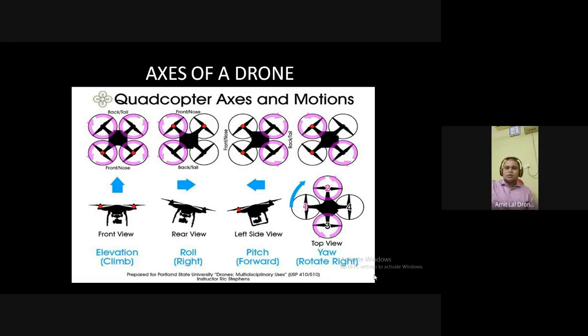Similarly, in the case of drones, this happens. If, for example, all four motors rotate counterclockwise, there will be a net force created in the clockwise manner, because motor one will be producing something, motor two, motor three, motor four, and all four in the same direction will make the drone rotate in the other direction. But to counter that, we have diagonally same motors. For example, this motor and this motor are diagonal motors, and this and this. They rotate in the same direction. So ultimately, you cancel out the momentum.